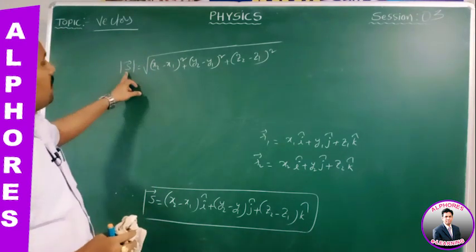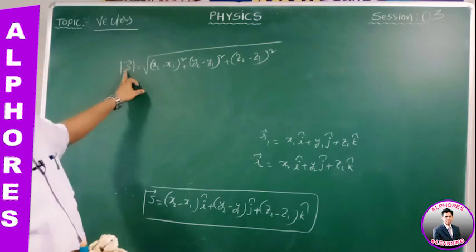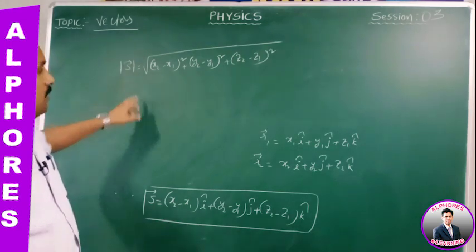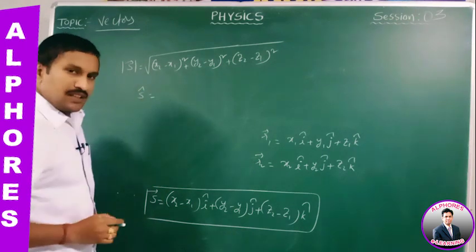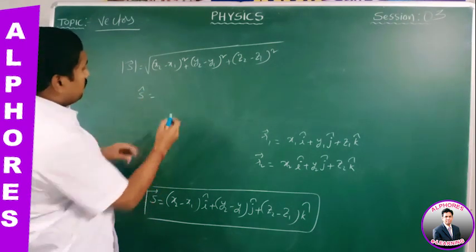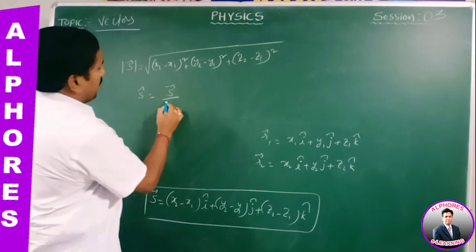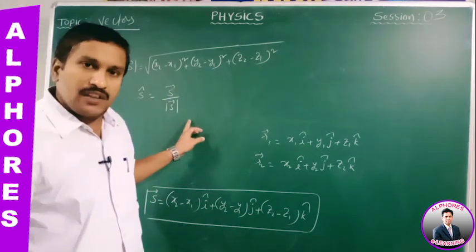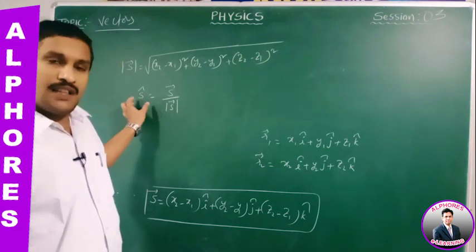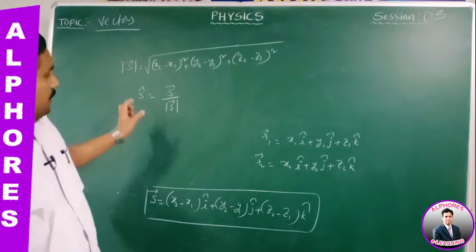Magnitude of displacement is nothing but distance, because displacement is a vector and distance is a scalar. Okay, now listen all of you. Then what is the method of finding the unit vector of the displacement vector? S cap is equal to s bar by magnitude of s bar. This is the expression for the generalized unit vector for any physical quantity.